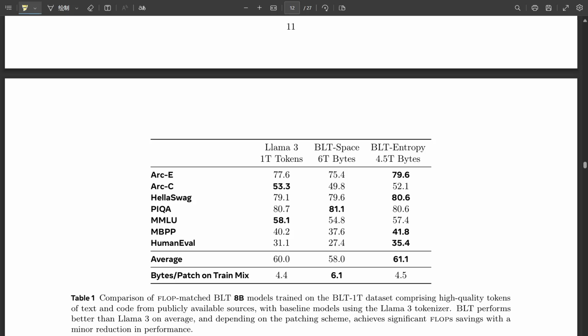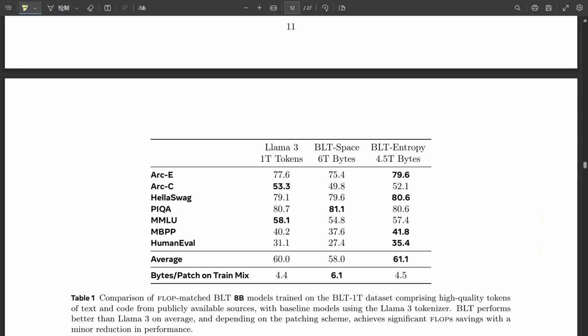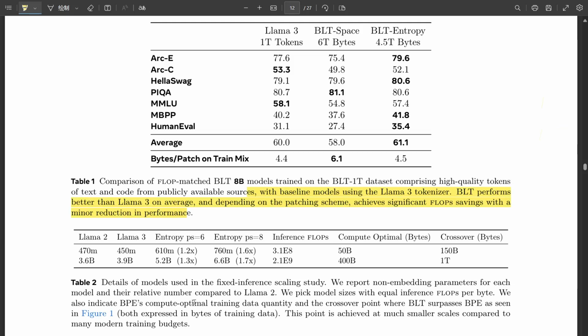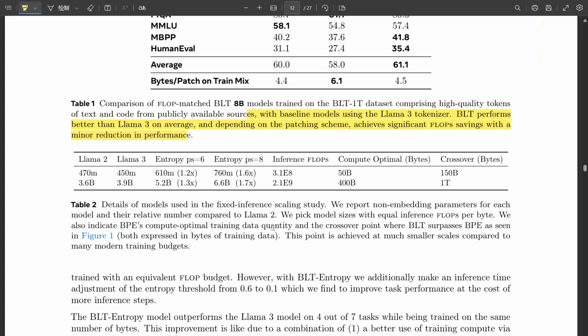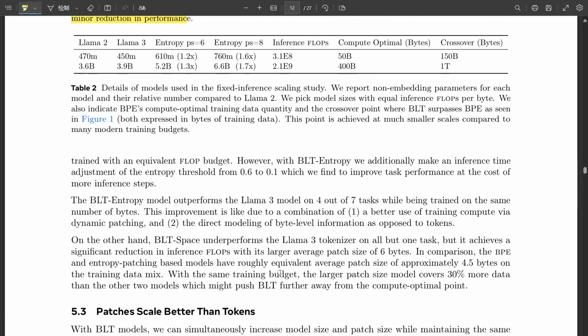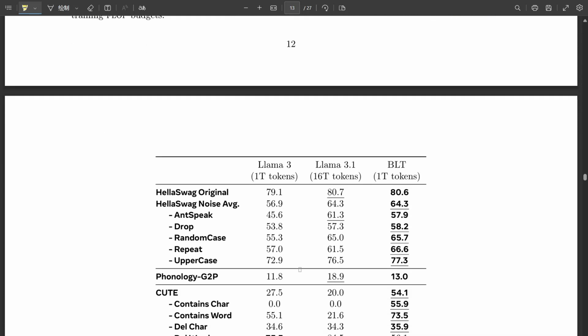Well, just think about how much language models already affect your life. Chatbots, virtual assistants, search engines, translation tools, content creation. It's everywhere. It's hard to imagine life without them now. Right. And as these models keep getting more powerful, more adaptable, more efficient, they're going to revolutionize even more aspects of our lives. BLT is a big step toward that future, a future where AI can understand us and interact with us in ways we never thought possible. A future where language isn't a barrier between humans and machines anymore, but more like a bridge that connects us in deeper ways. I love that, a bridge that connects us.